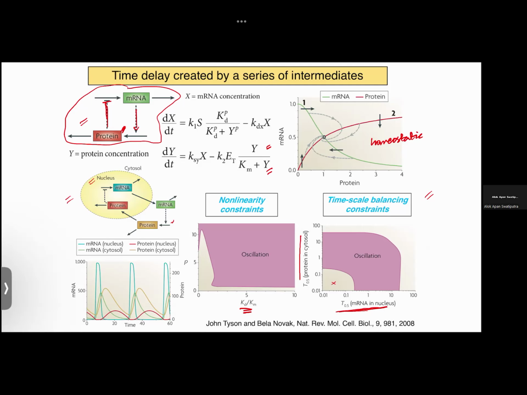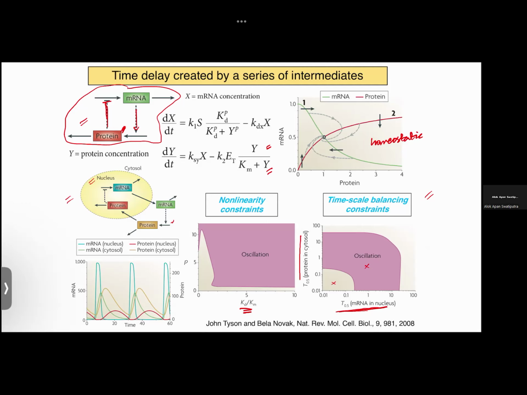Makes sense? In terms of the physical picture, if these are so unstable that before being trafficked, they have already reduced by so much, then how do you allow it to come up and the negative feedback to start becoming sufficient? Right? So only when you have sufficient stability of the mRNA and sufficient stability of the protein will they be able to grow up to a certain extent, then be degraded, then